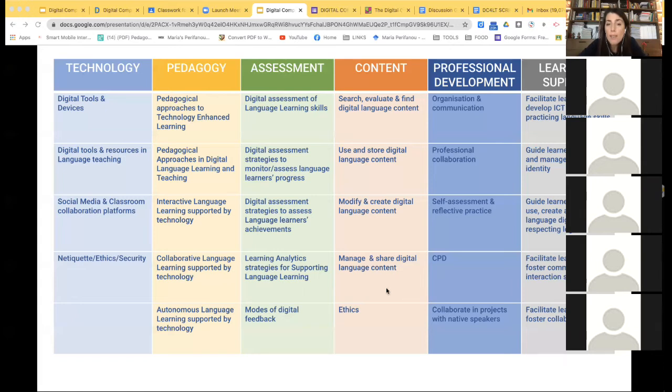So the idea is that when we talk about digital literacy, it is much more than technical skills. And we think this framework would also be very useful to guide language teachers, but also teachers who would like to support students, or other colleagues, as Mike said before. So as far as pedagogy is concerned, we have included as topics pedagogical approaches to technology-enhanced learning,